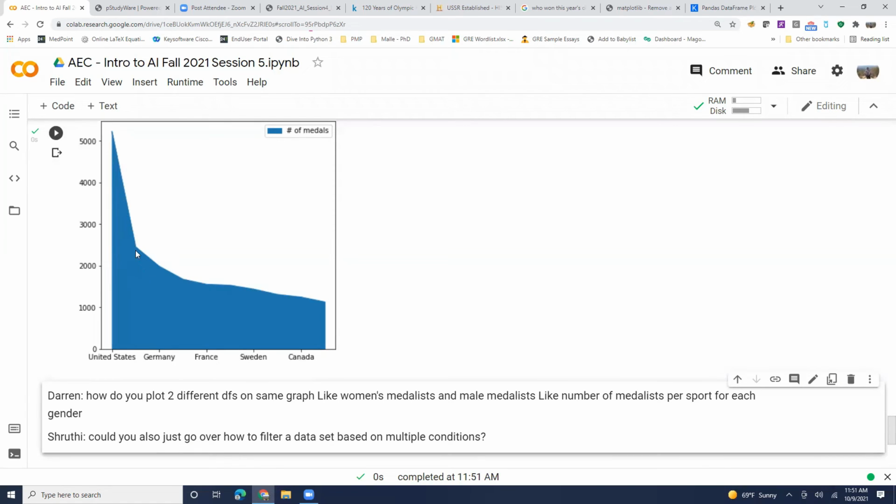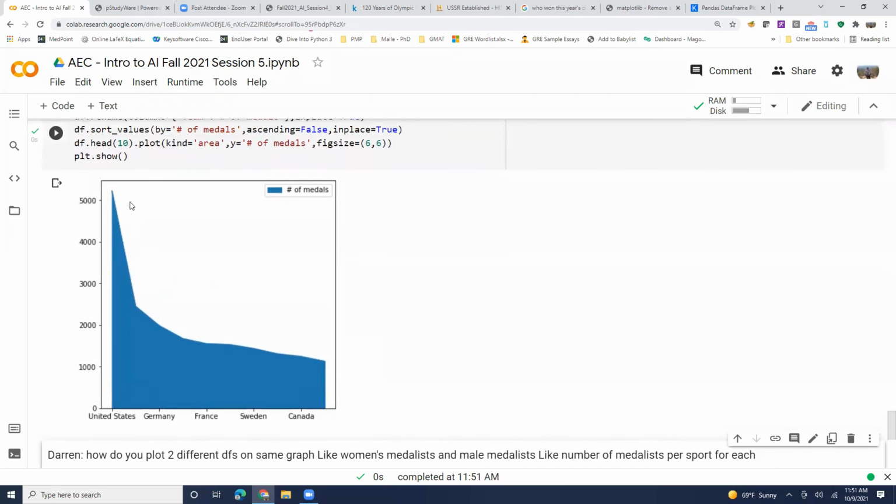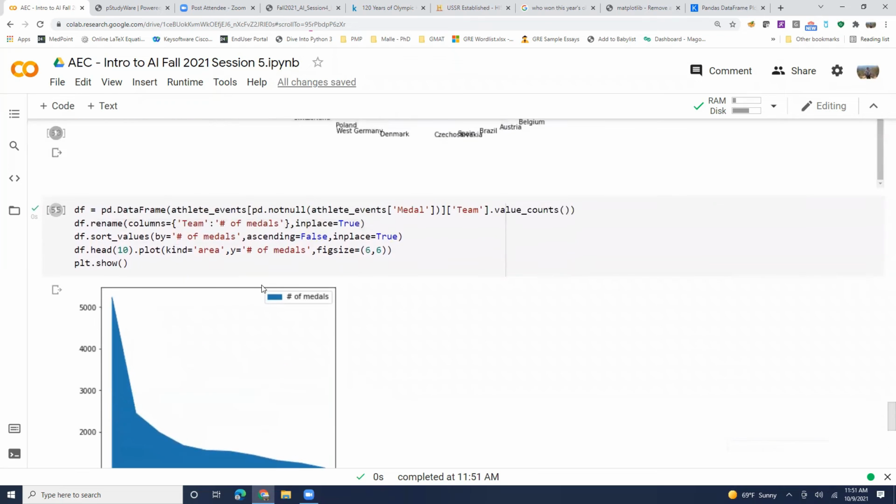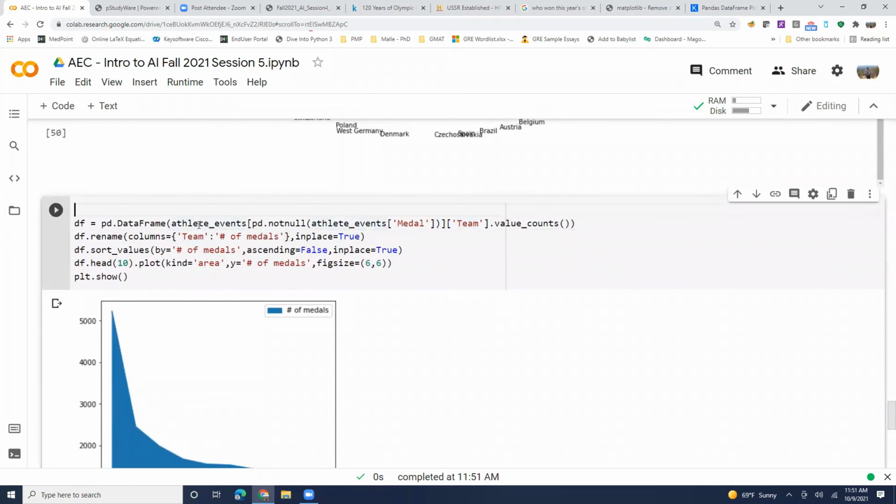Germany is second or third in this case. So it's showing you how this is declining, right? Topmost country, second top country, third country, fourth country, fifth country, and that's declining, right? So it's helpful to see